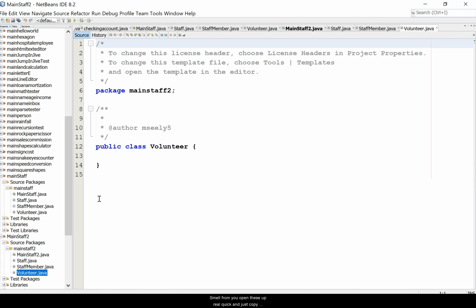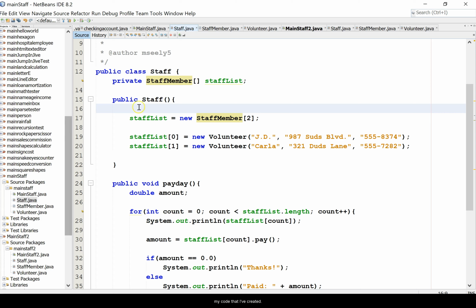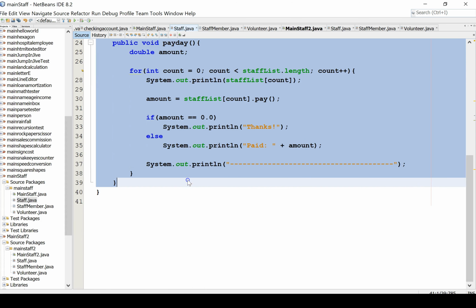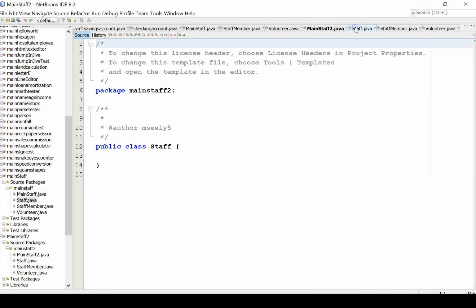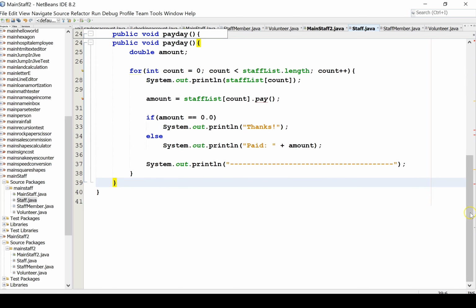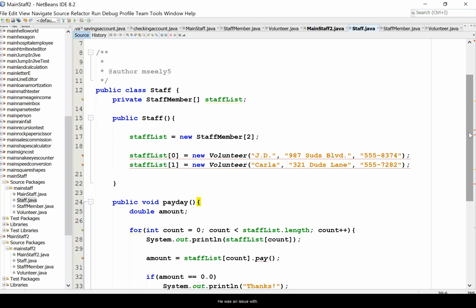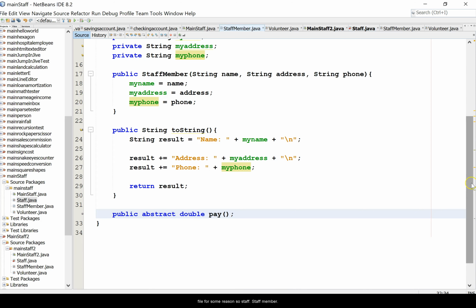Alright, so now let me open these up real quick and just copy my code that I've created. Because like I said, this wasn't a code issue, I think it was an issue where it couldn't find the file for some reason. So that was staff. Let's go to staff member,